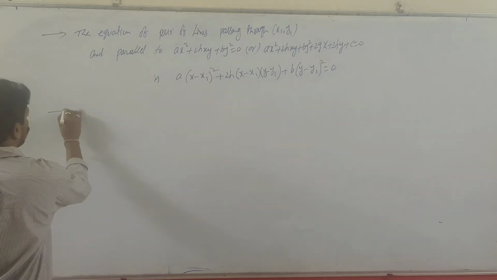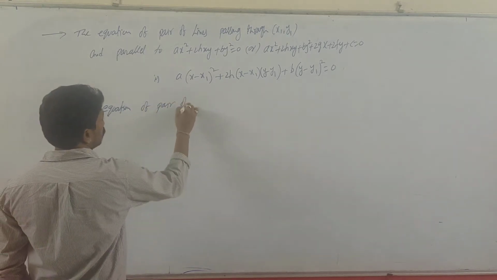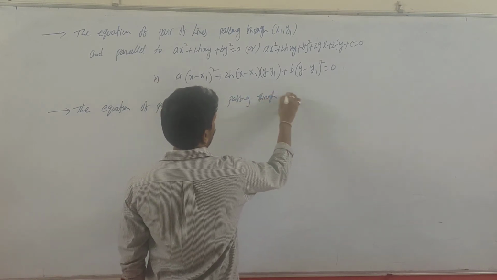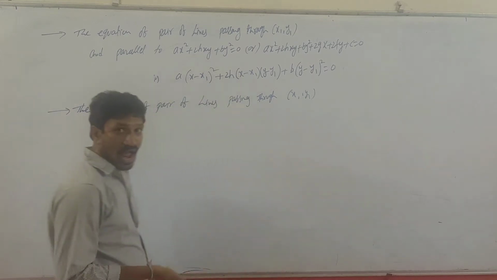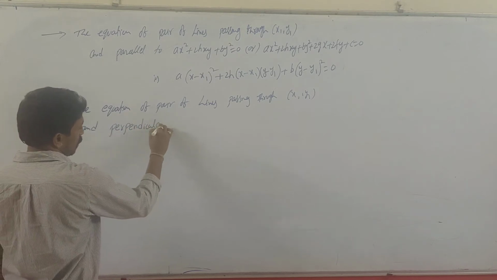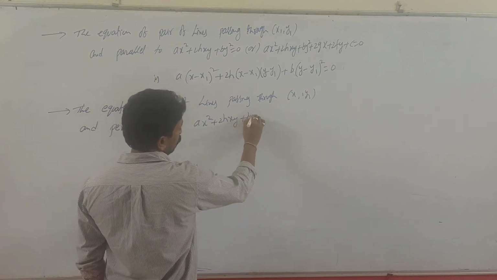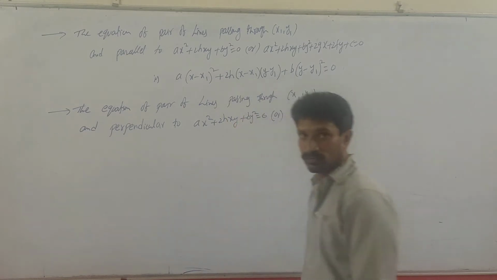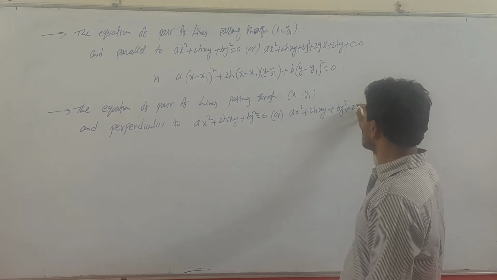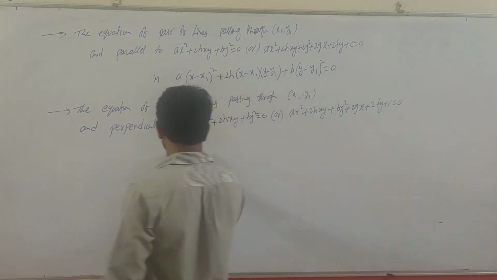Okay, similarly, the equation of pair of lines passing through (x1, y1) and perpendicular to ax² + 2hxy + by² = 0 or ax² + 2hxy + by² + 2gx + 2fy + c = 0 is nothing but